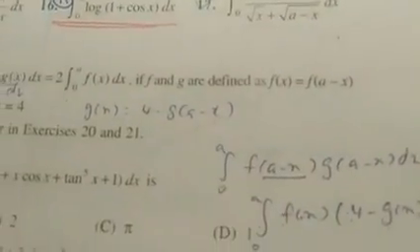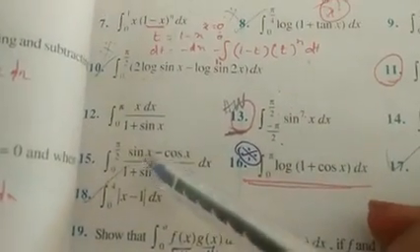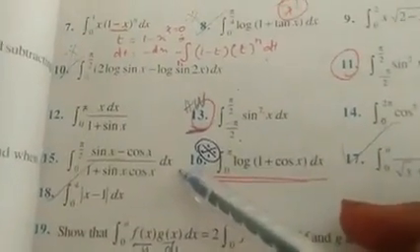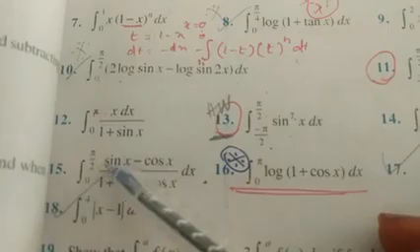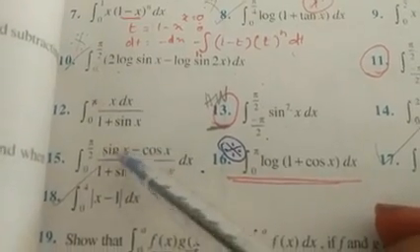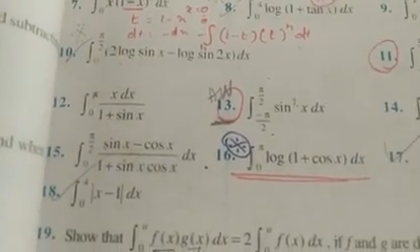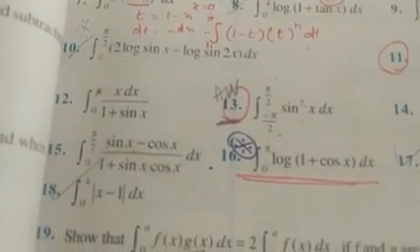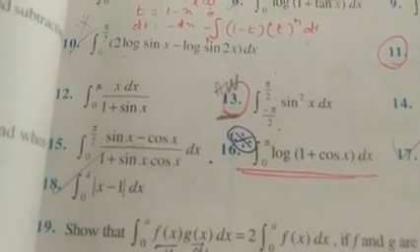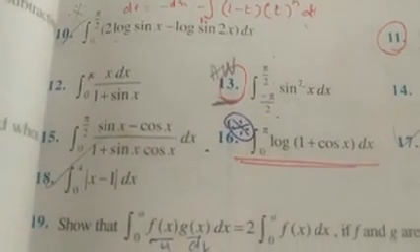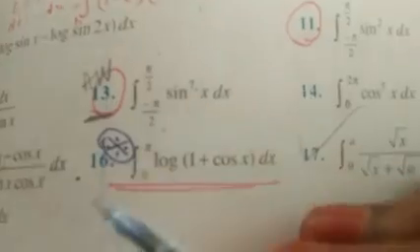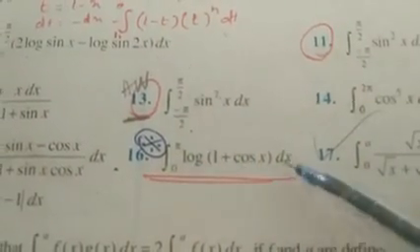The fifteenth sum is homework. Integral 0 to pi by 2 of sin x minus cos x divided by 1 plus sin x cos x into dx. Here, since it is pi by 2, just apply pi by 2 minus x in the place of x. Therefore sin of pi by 2 minus x minus cos of pi by 2 minus x, divided by 1 plus sin of pi by 2 minus x cos of pi by 2 minus x, into dx. You will get this. When you simplify and add, the integral value becomes 0.